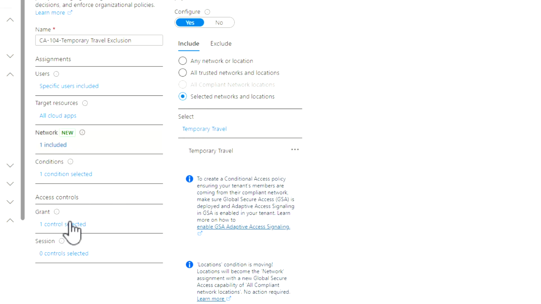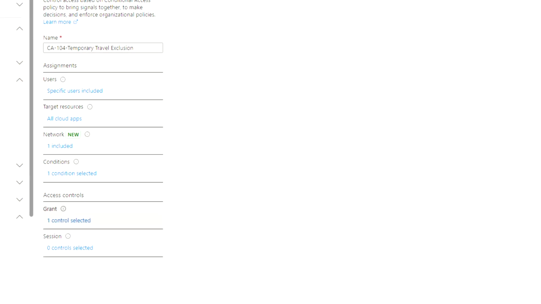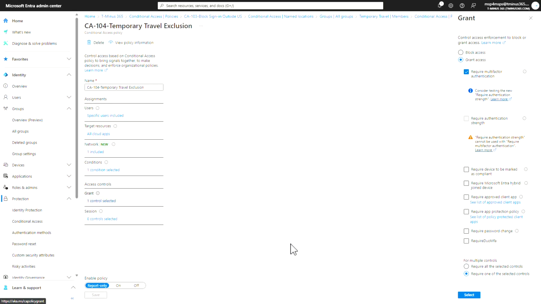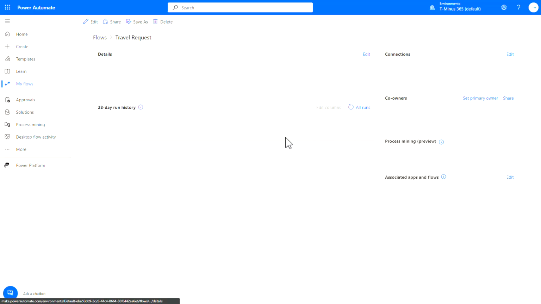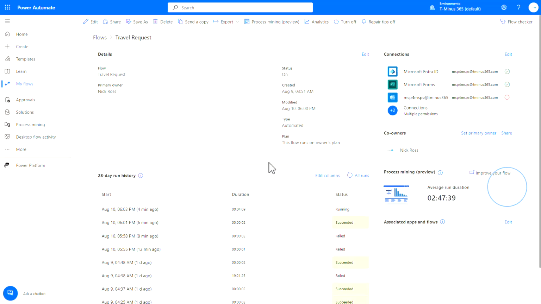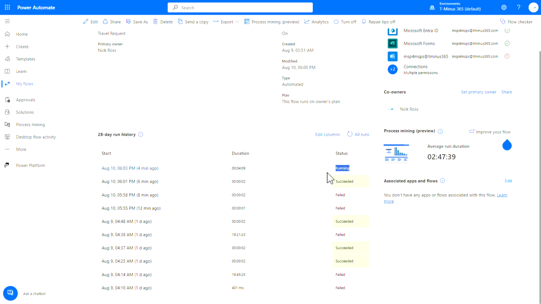It has a list of our approved countries. And then we're still obviously going to require multi-factor authentication, more so heightened, that you have that when they're traveling as well, obviously too, for every sign-in that they're performing. So that's it. Now we're just going to wait for the return date, and in the flow request here, if you're not as familiar with Flow or Power Automate, you'll see that this is going to run until it's done,